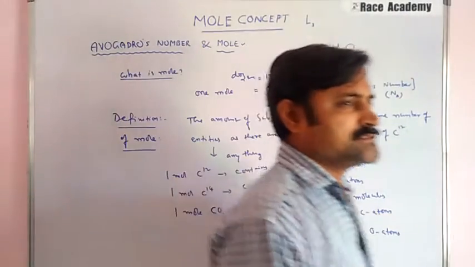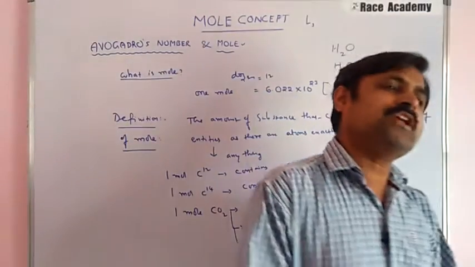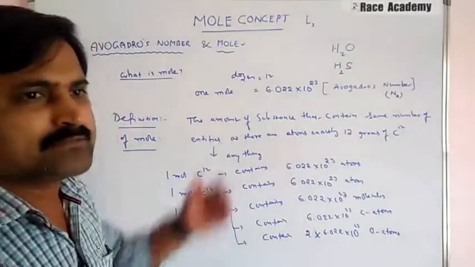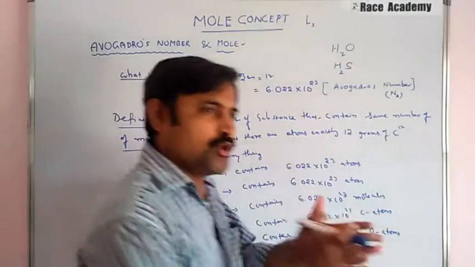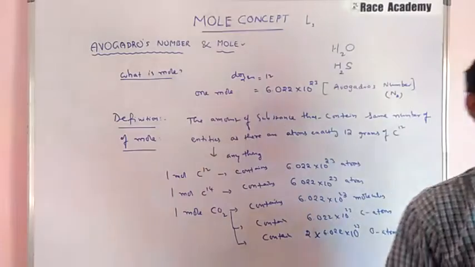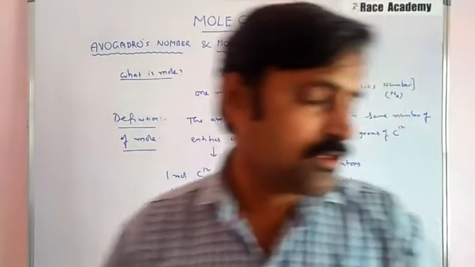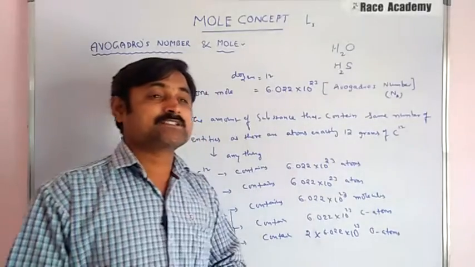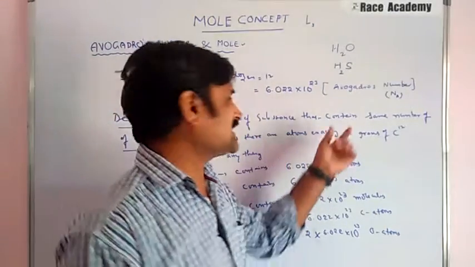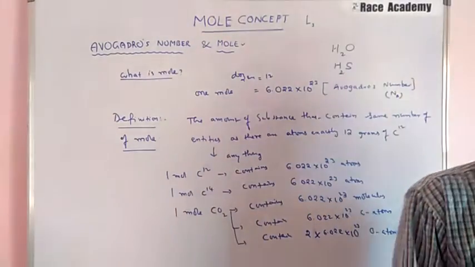Similarly, counting by weighing, how is it possible? That means 1 mole is not just a counting unit, it's like a dozen. A dozen specifies only the number of objects, while the definition of mole specifies the number of objects in a fixed mass of substance. Therefore, 1 mole of substance represents a fixed number of chemical entities, and has a fixed mass.